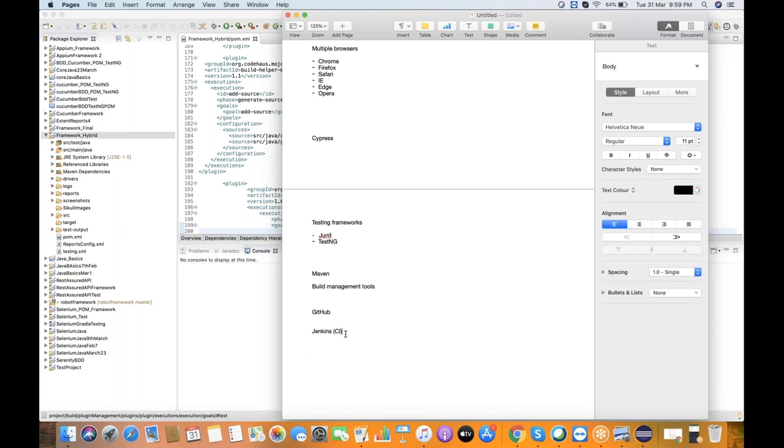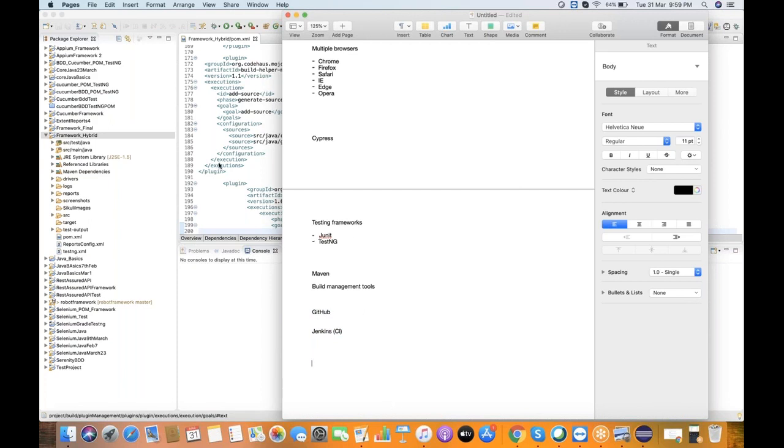If you want to execute your test cases at a particular time, suppose an on-site team and an offshore team want to execute in an odd hour which is not the working hour for either of them, they can create a build in Jenkins and trigger it based on the time they need. Even the client can log in and see the status in Jenkins. So it's the last, final part. Once we are done with all these things, this is the final part we'll be covering.